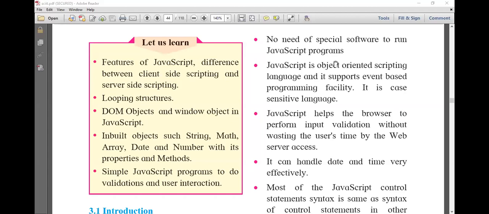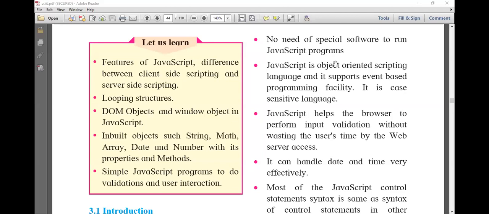Yash Gosai is saying client side, Amol Parav is saying server side, Rutik is saying client side. Very confusing answers I'm getting here. Okay, Yash is saying client side, Amol is saying server side. I think Yogesh is not present today. Rinsi is saying client side. So client side's answer is more. Amol, how is it server side scripting? Tanvi is saying client side. Yes, all of you are right. Only Amol is wrong.